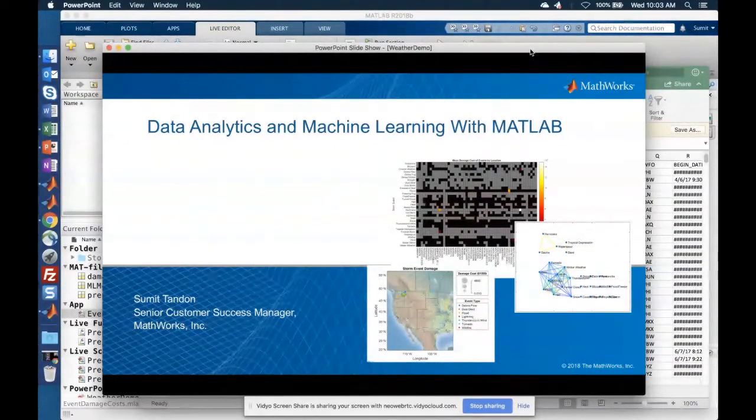I know this is a lot to cover during the session. So I will make sure that I send you all the files that I'm using so you can take a look at them at your own pace later on. And I'll also point you to some resources that you can refer to in future as well. And of course, you have access to MathWorks directly. If you have any questions, feel free to reach out to us too.